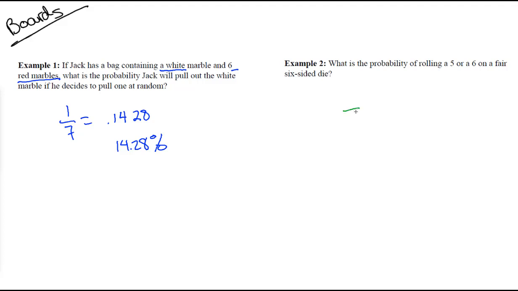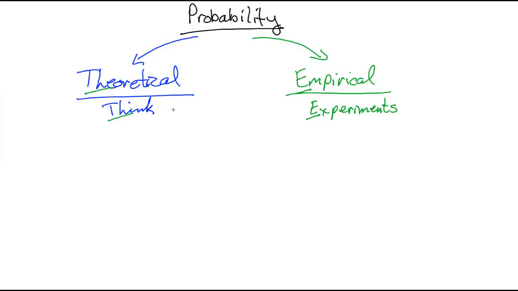Well, there are 6 sides, so that's the total. A 5 or a 6, that's 2 possibilities that we have. 2 possibilities out of 6. That reduces down to 1/3, which is 0.333. Move the decimal 2 places to turn it into a percent, and we get 33.3%. Excellent. With that as a background, we jump back to the original